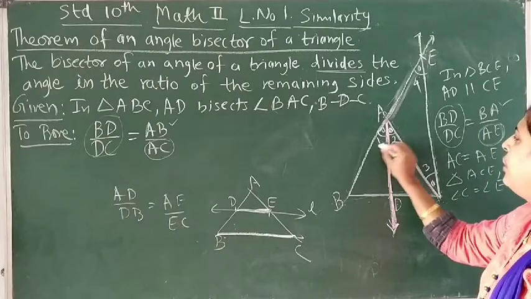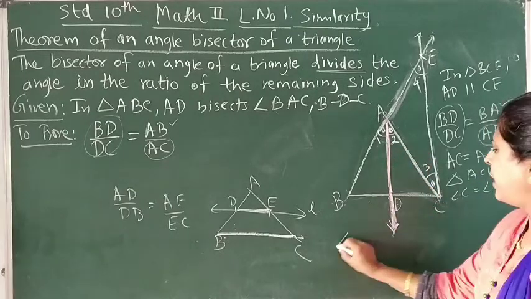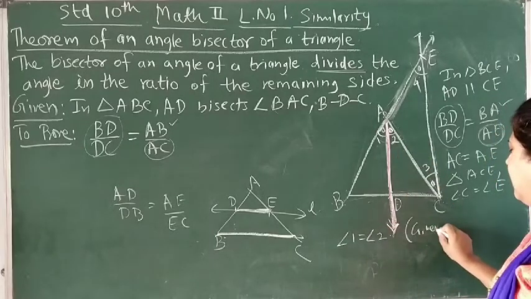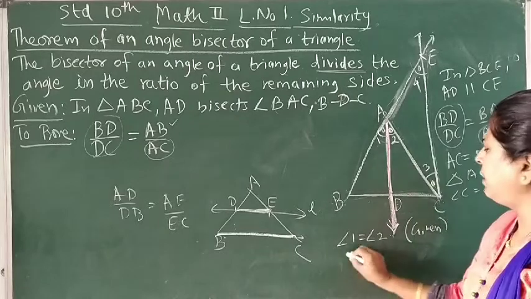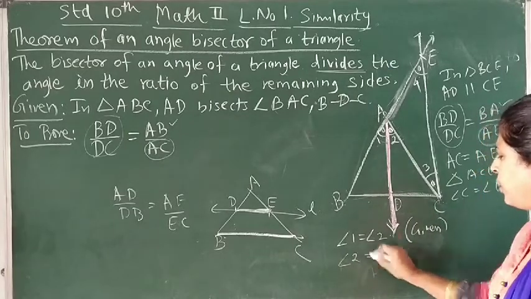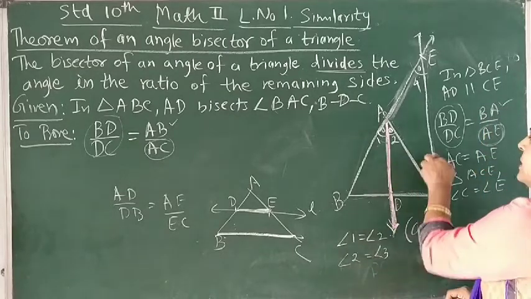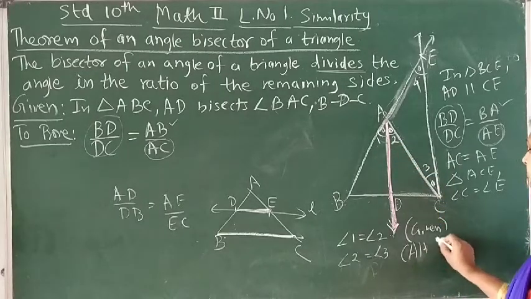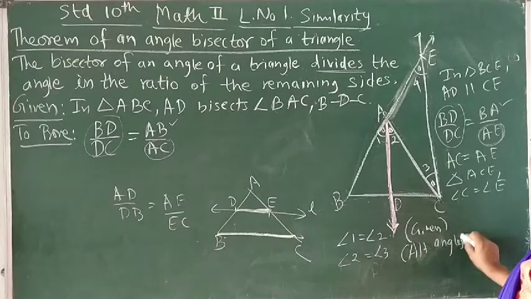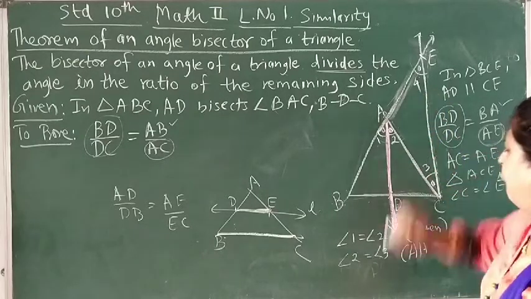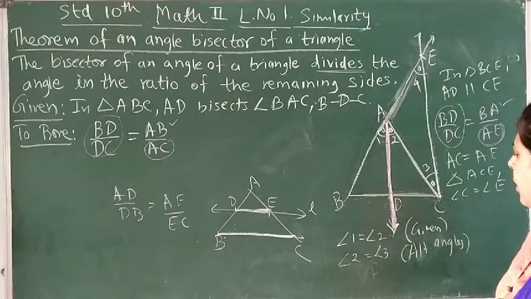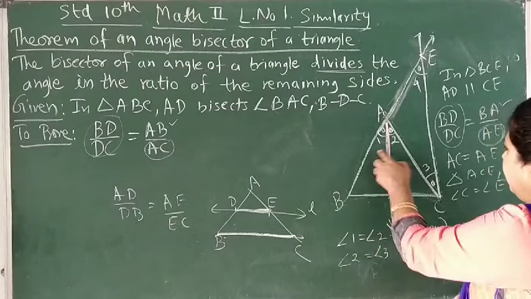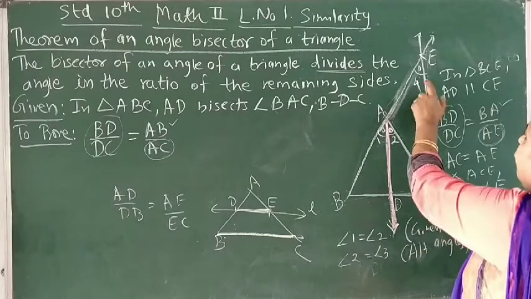Okay. But what do we know about angle 1 and 2? Angle 1 and angle 2 are already the same. It is given that they bisect each other. Now angle 2 and 3 are also equal because we have drawn this as a parallel, and we know that alternate angles are congruent to each other. Now we want to show 3 and 4. But to show 3 and 4, since 1 and 2 are common, we can show 1 and 3 equal, correct? But how to show the fourth one equal?